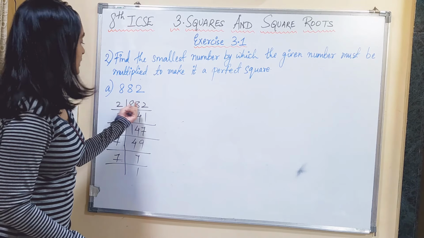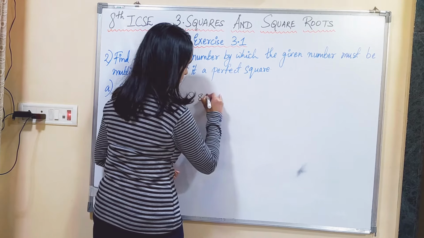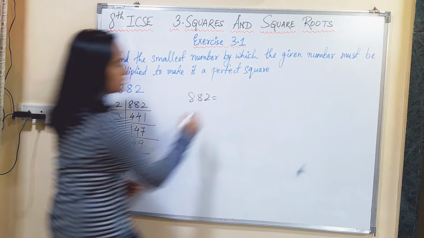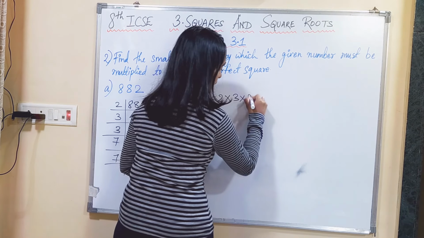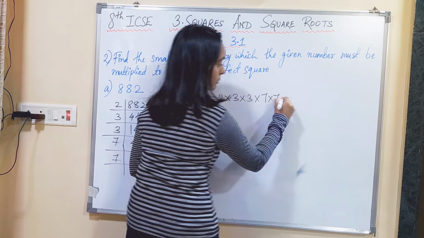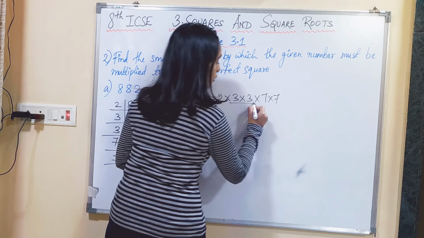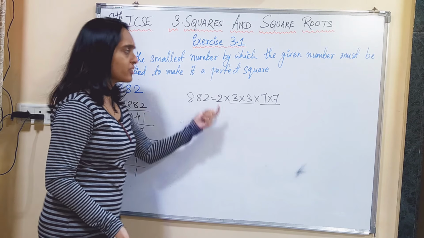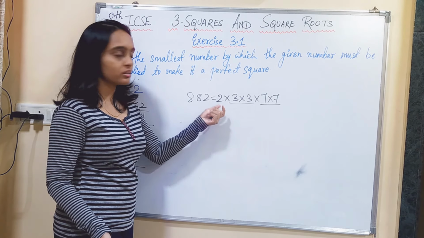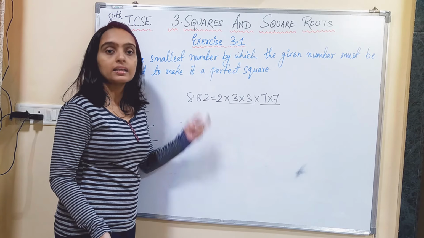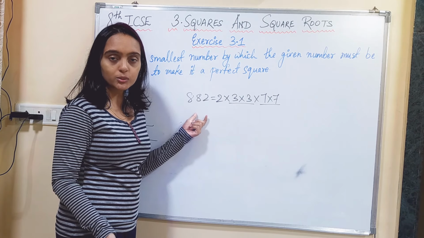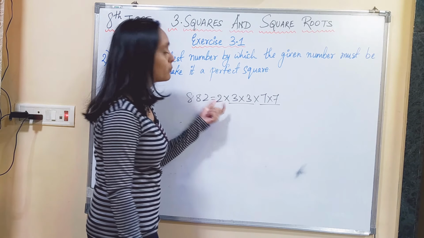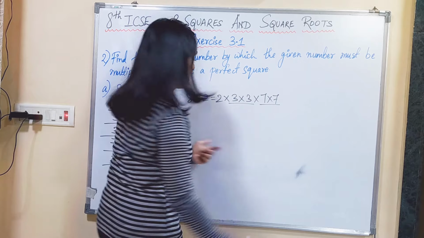Okay. So 882 can be written as 2 multiplied by 3 two times and 7 two times. So 2 multiplied by 3 multiplied by 3 multiplied by 7 multiplied by 7. Okay. So now here 3 and 7 can be paired. Only 2 is left unpaired. So if we have one more 2 here or if 2 was not there, then this number would be a perfect square. So here it is asked to multiply it by something. So we will multiply this number by 2 to make it a perfect square.